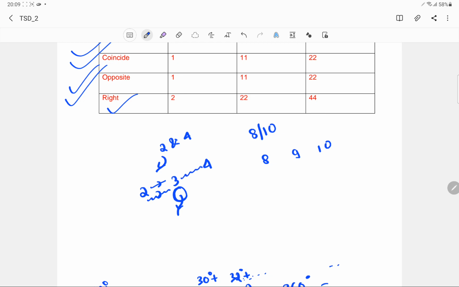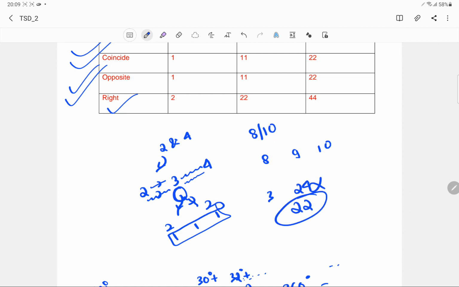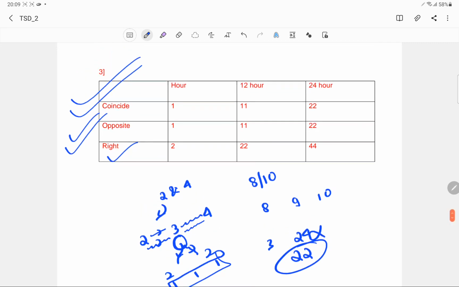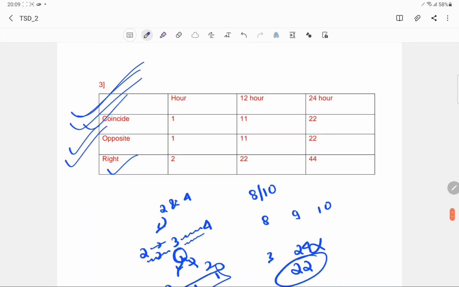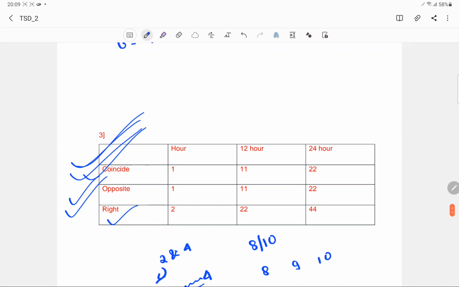In the similar way, you expect two right angles between 3 and 4, but actually one is being formed at 3 a.m. or p.m. itself. So basically it is coinciding. What you were expecting is 2 from this side, 2 from this side, but what you get is 1, 1 and also 1 common. So you get 3 from here, in the similar way 3 from here, and that is why the answer is not 24 but 22. You can find it on Quora or anywhere on the internet, but this is something that you should remember, because you are being asked directly about this.